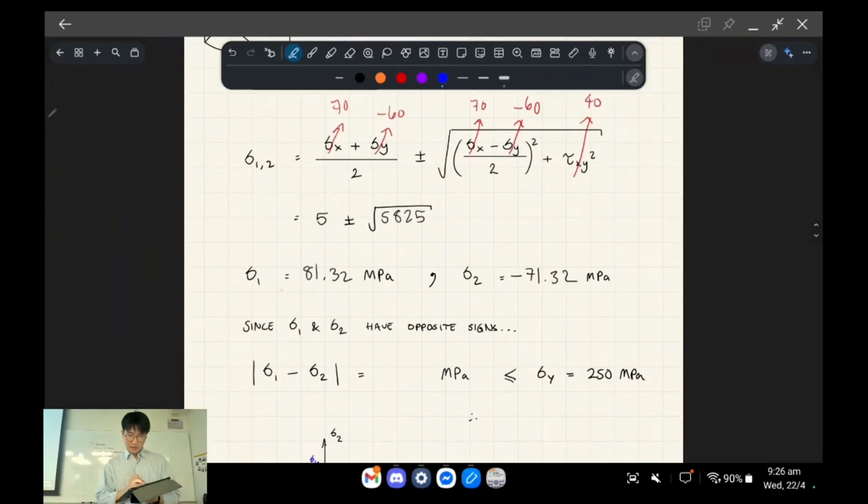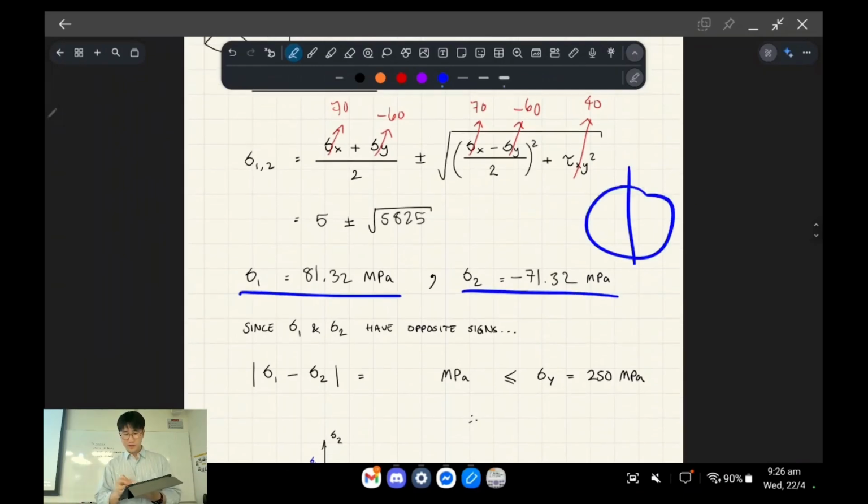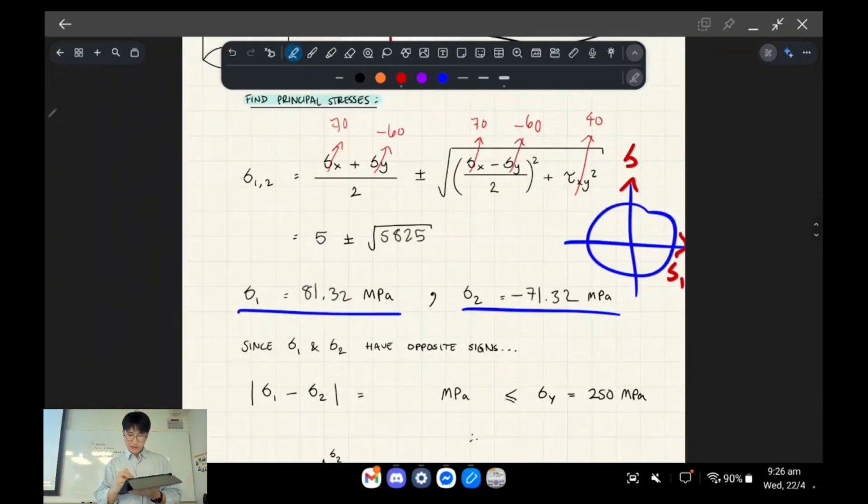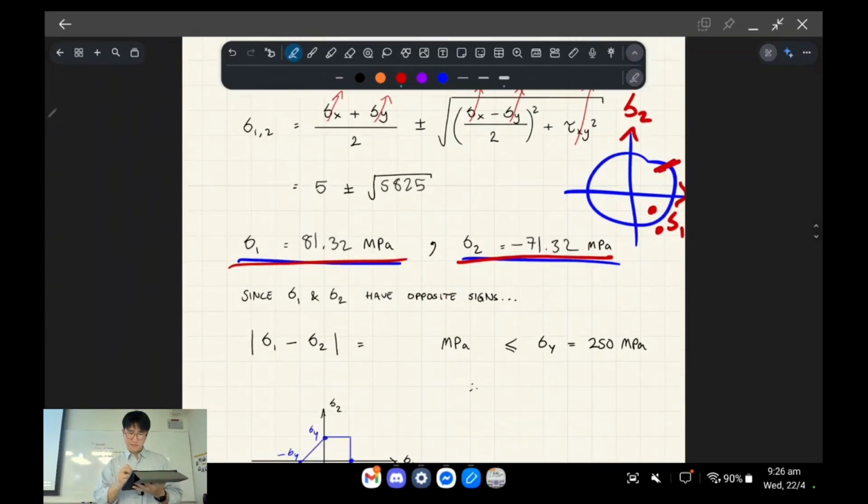So at this point, you're looking at these principal stresses that you figured out, and you're like, okay, they're opposite signs, right? So in terms of our quadrants, x direction is sigma 1, I think. Yes. And y direction sigma 2. So sigma 2 is negative, which means it goes below the x-intercept, and sigma 1 is positive, so it'll be somewhere over here. It'll be here or outside the envelope. So that's what we're going to check. Wait, sorry. This won't be a circle. This will be like that or something, right?